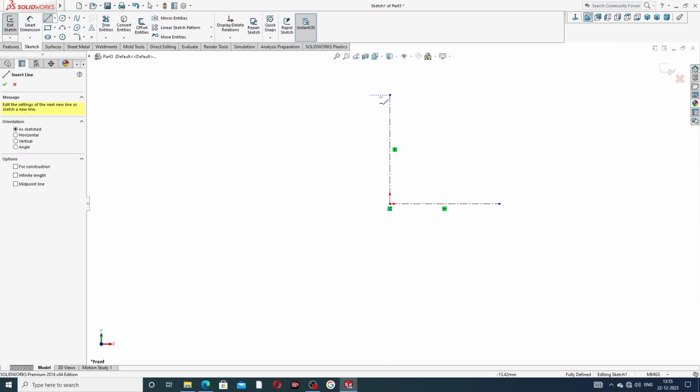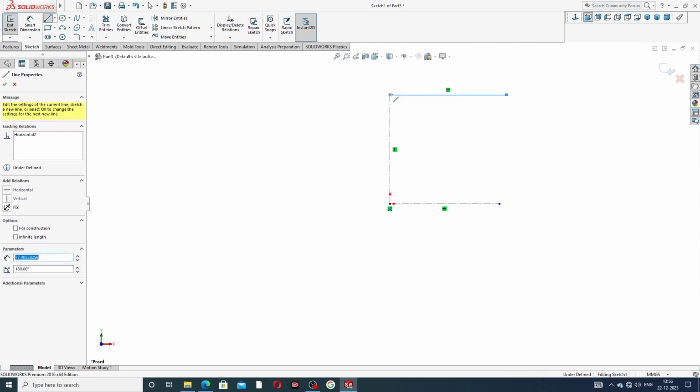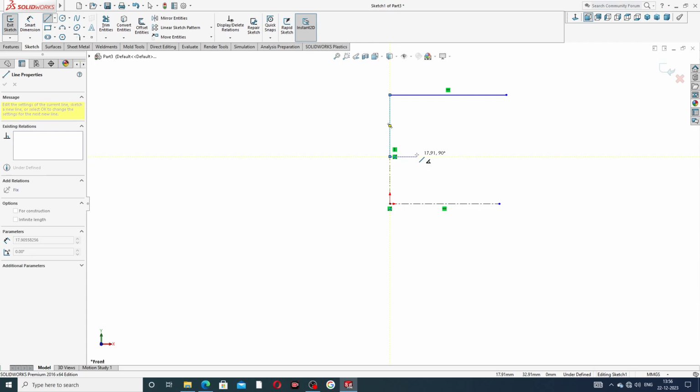And select a line and drawing a construction line. This line is drawn here, and there is not any relation. This is perfect and correct. Okay, this is drawing here, and this line is this,